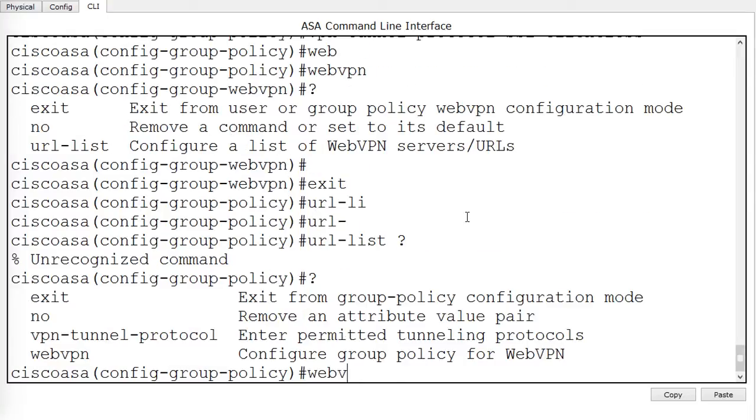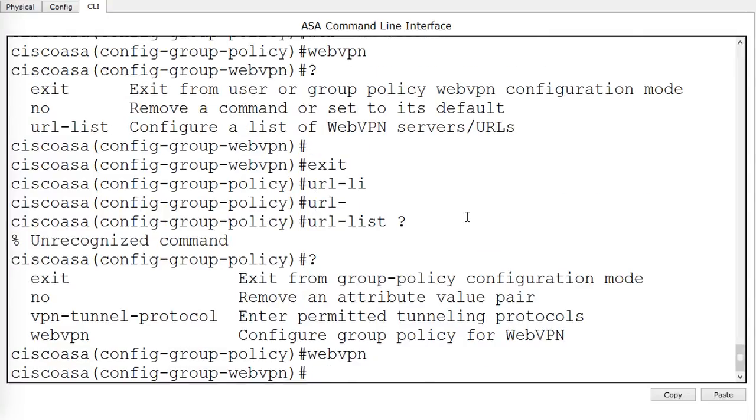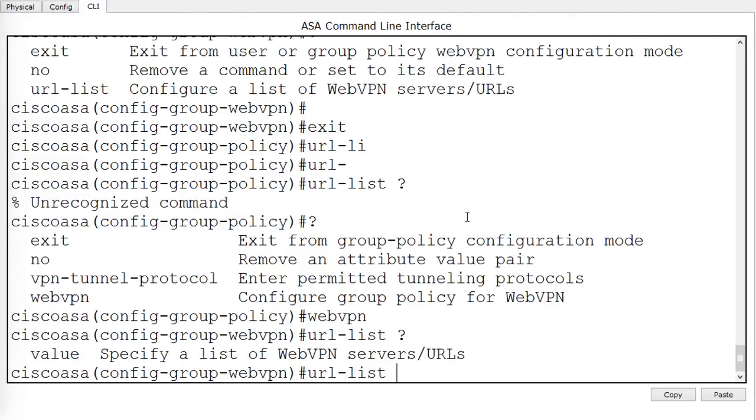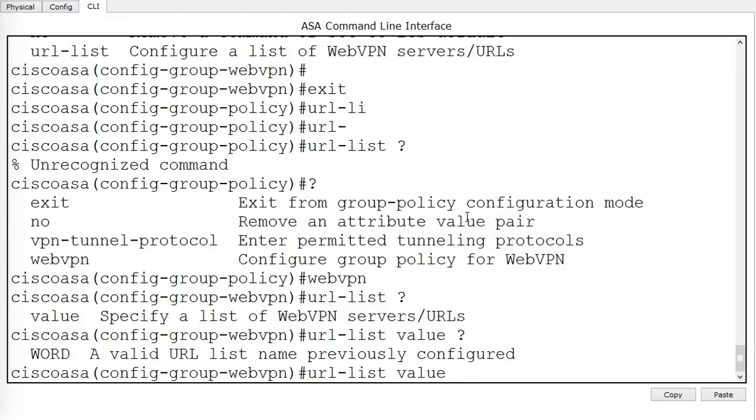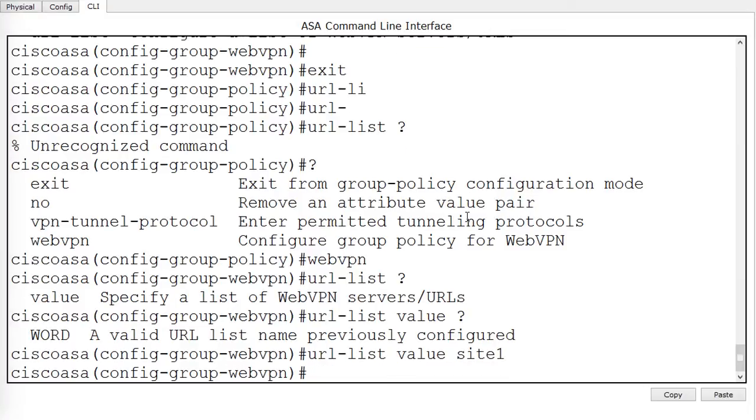Sorry, we need to go back to WebVPN. I was curious why that command was not found. Now we can do the URL list. We'll set up the value, and what we put in for the value is what we called the site. So I just chose site 1. Okay, so any member of this group policy 1 group will see site 1 in their list when they connect